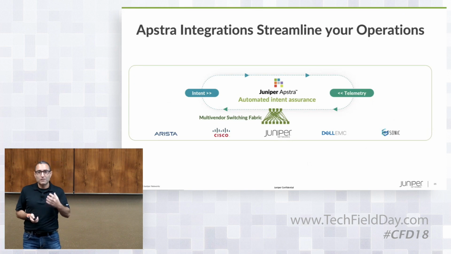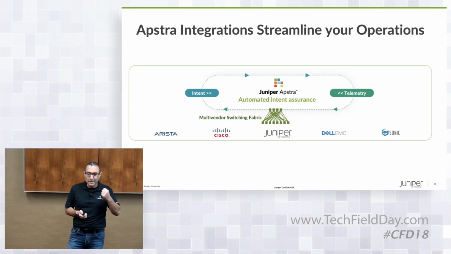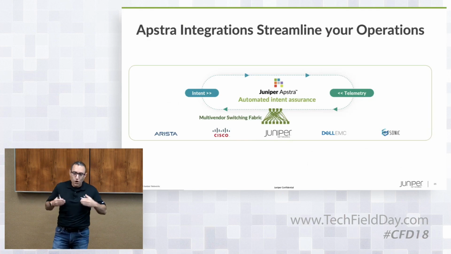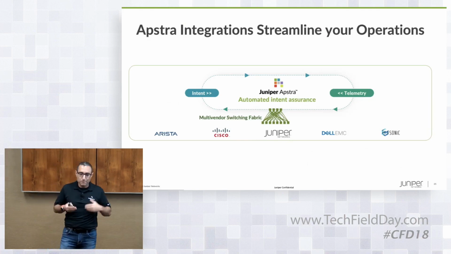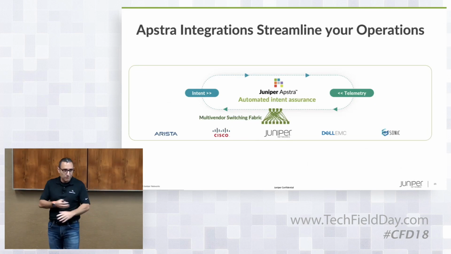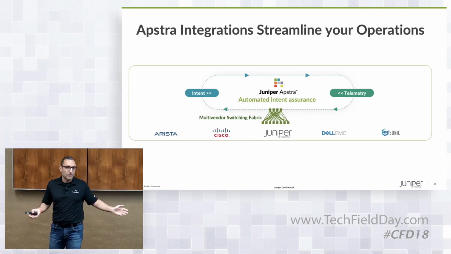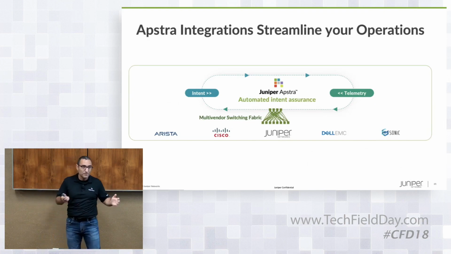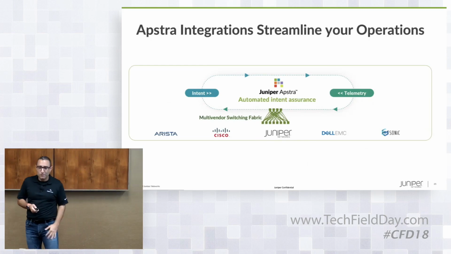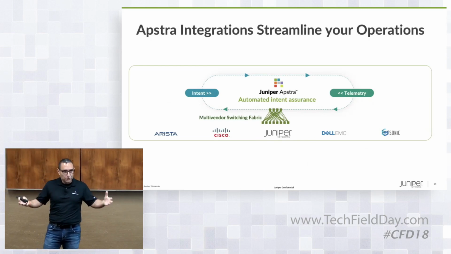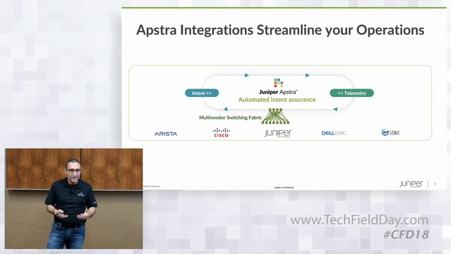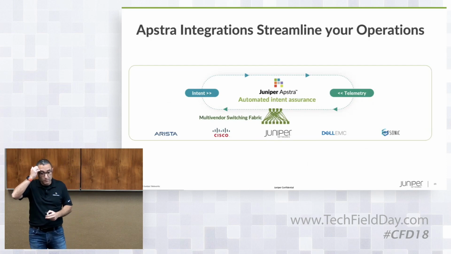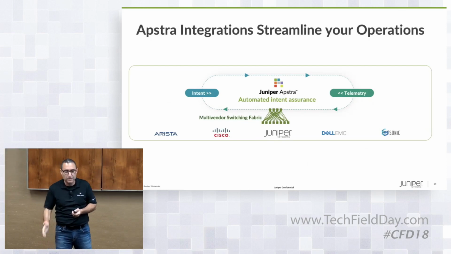And at Apstra, that was a core pillar. We wanted to deliver a solution that is multi-vendor. And so although we were acquired by Juniper, we're continuing down that path. We support not only Juniper, but also switches from many of the other switch suppliers out there in the market, all of the incumbents and the leading ones. And so if you deploy Juniper operations, then you can bring in not only Juniper devices, but devices from the rest of the suppliers.